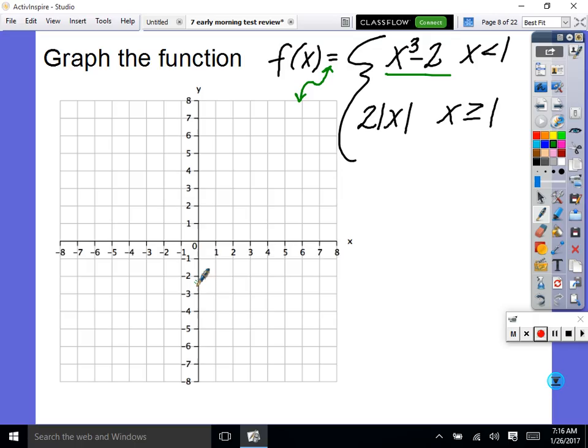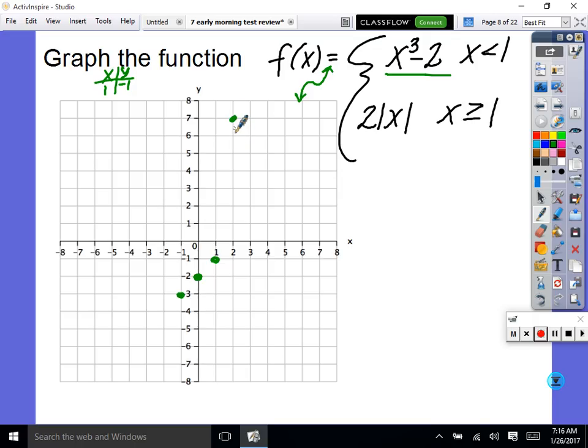Okay, so it was shifted down 2. And then you could just plug in points as well, right? You could go off to the side, go x, y, plug in 1, and you could even just plug it in here, right? 1 cubed is 1, 1 minus 2 is negative 1, right? We plugged in 1 and got out negative 1. Do you see what I'm saying, everybody? Okay, so I know that the cubic works like this,